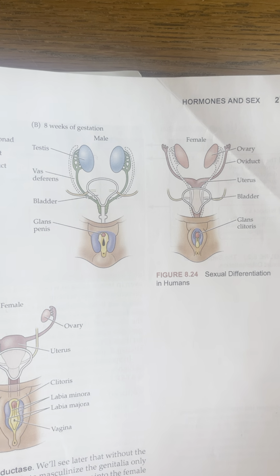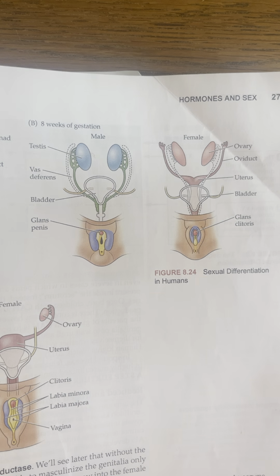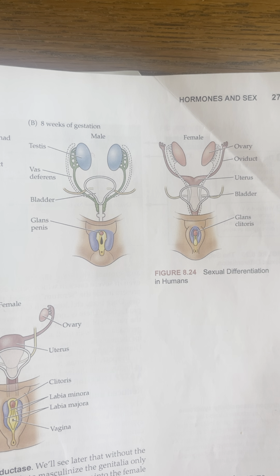And then once those testes are developed, even more testosterone is going to be present, which is going to promote even more Wolffian duct development in the male reproductive structures, and especially the AMH hormone, the anti-Müllerian hormone,